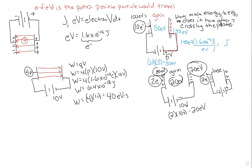So I just take what I started and I subtract whatever the difference is of energy. Let's say it's the same problem, just with a reverse battery. So 50 eVs, this is 10 volts. So it's going to lose 20 eVs. So that would be 50, lose 20. That's going to leave 30 eVs on the opposite side. And if you don't have enough energy to make it to the other plate, it turns around and goes back. It doesn't make it to the other